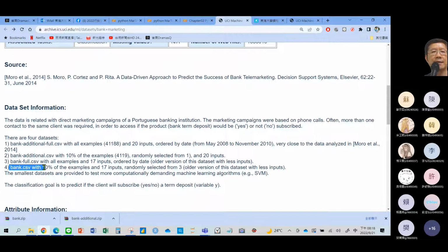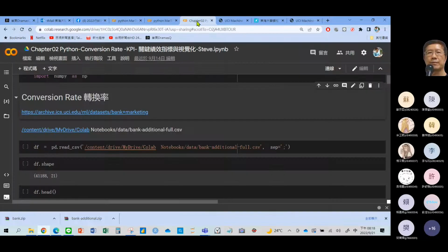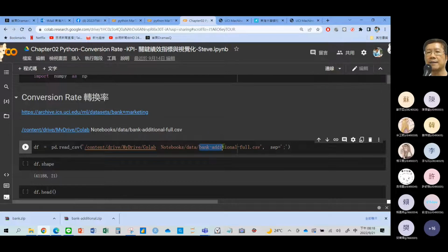Okay, the bank.csv only with 10% of the examples. 好，所以我们一共有4个档案，对不对？还记得吧？Okay, so let us go back to chapter 2. 好，我们现在要分析哪个档案呢？最多资料的档案。So we have to investigate the bank additional